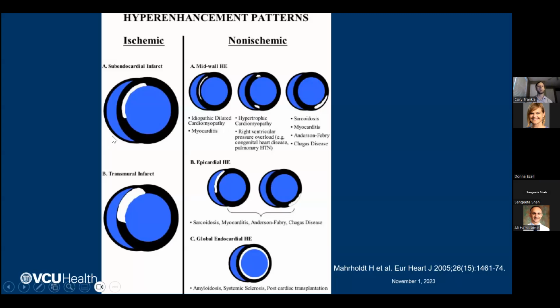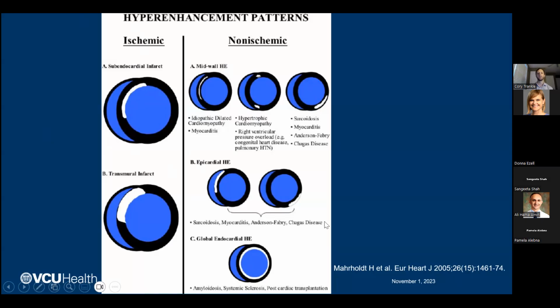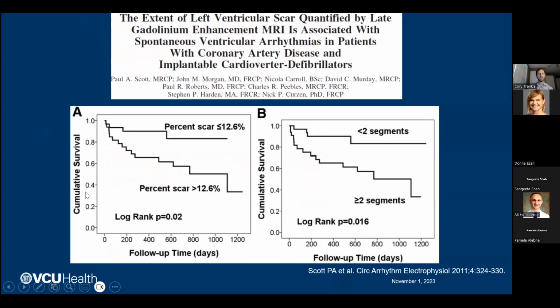Anyway, once you acquire these, this is a commonly referenced graphic showing the different enhancement patterns, with ischemic cardiomyopathy showing mostly subendocardial or even transmural infarcts, and the other various entities showing different enhancement patterns. And so again, this is why late gadolinium enhanced imaging remains the workhorse of our tissue characterization and cardiomyopathy identification in many cases. And you name it, pick a disease. If you have late gadolinium enhancement, in general, your